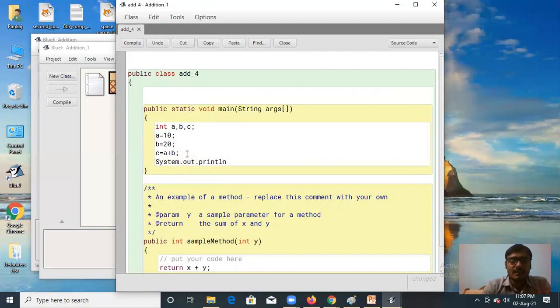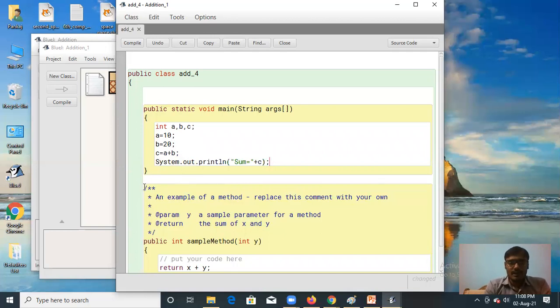This is the print command which is used to print. You will write sum equals plus c. Because in variable c, the value has been stored. Its result has been stored in the variable c. So I have written sum equals plus c.